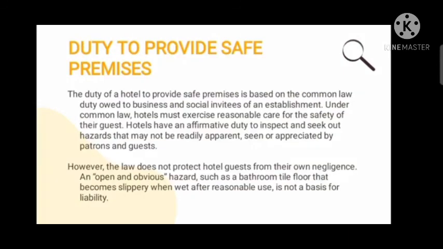Duty to provide safe premises. The duty of a hotel to provide safe premises is based on the common law duty owed to business and social invitees of an establishment. Under common law, hotels must exercise reasonable care for the safety of their guests. Hotels have an affirmative duty to inspect and seek out hazards that may not be readily apparent, seen, or appreciated